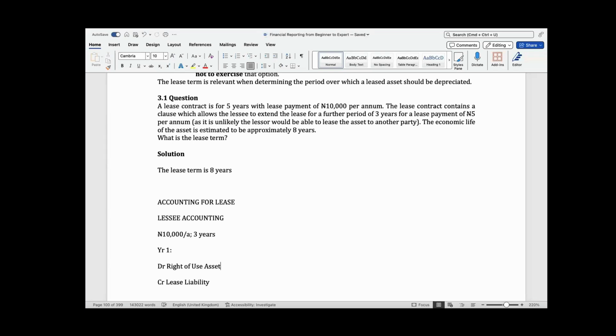So the right of use is, I know that you need to debit the right of use. That's the access that, for that period, belongs to the lessee. So there's an account that will be